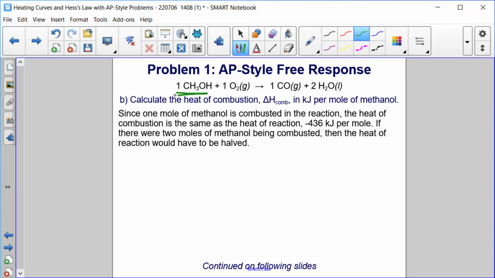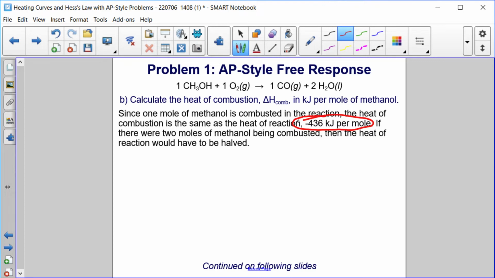If there were 2 moles of methanol being combusted, so if this balanced chemical equation had a 2 instead of a 1, then the heat of reaction would have been halved, because what we would have calculated would have been for the combustion of 2 moles, and we're asked for every 1 mole. So we would have just had to divide by 2. But since the reaction is only showing the combustion of 1 mole, it's the same as what we calculated in part A, minus 436 kilojoules for every mole of